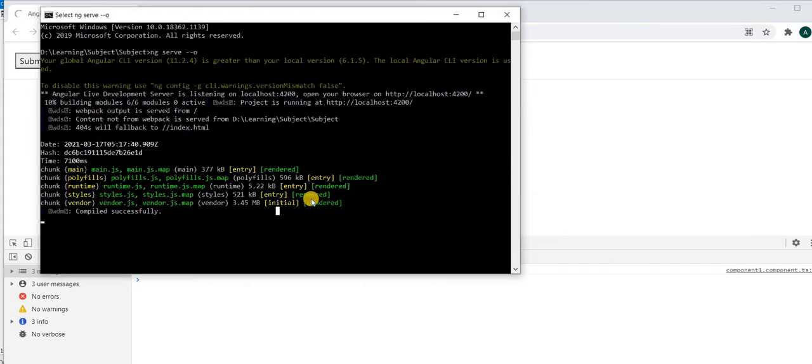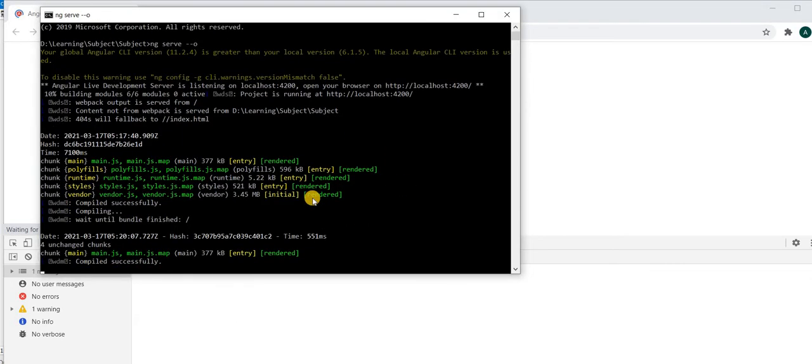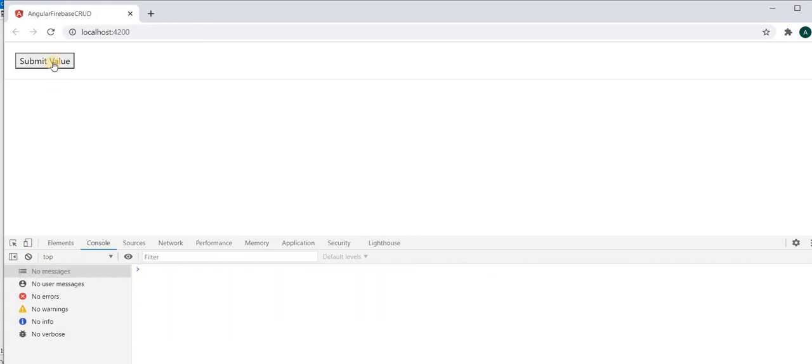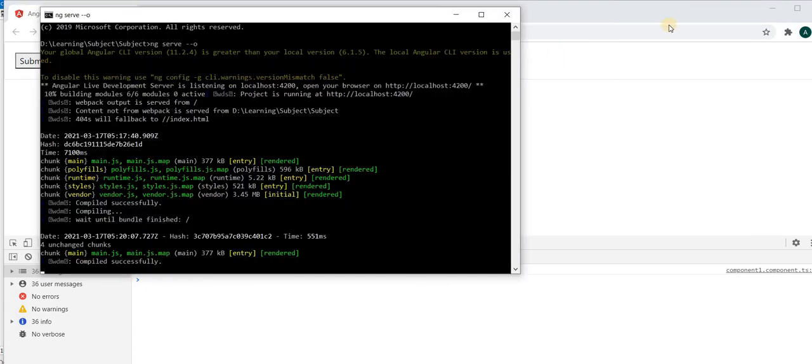I think we need to compile again. Okay, now we have the value with us. There are some compilation issues. Now when we hit again, you see the count will keep on increasing as it is subscribing the old values, and we are subscribing the same value again and again. We are not unsubscribing it. So this is how the subscriber works.